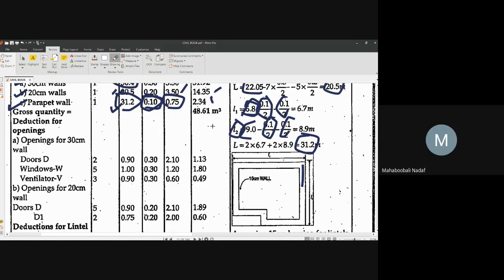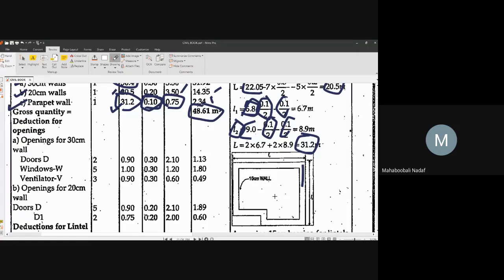One thing I want to tell everyone is that small mistakes, like 6.7 instead of 6.6, or 8.7 there, will not make much of a difference in the total quantity. If plus or minus 1 or 2% is there, then no problem. It is not a big issue. But suddenly if 48 is there and you are getting 28, then it is a problem. If 48 is there and you are getting 45 or 46 or 51 or 52, then it is not a big problem. They will understand it is okay. But try to get there as early as possible.